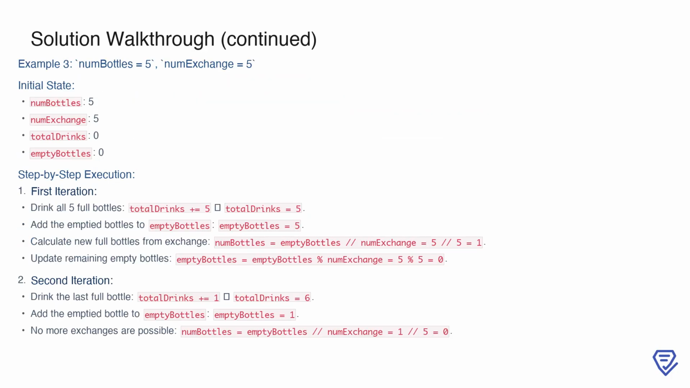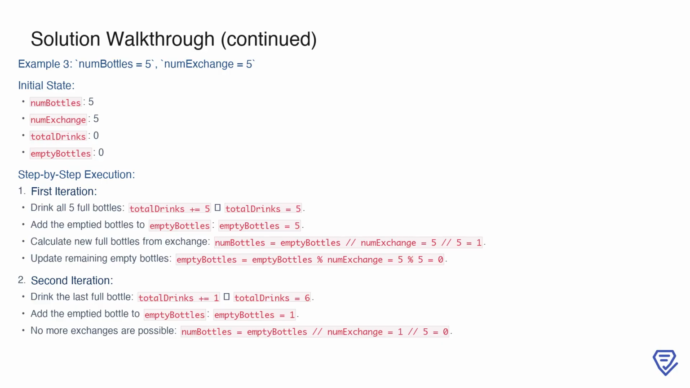Now let's move to the third example, where we start with 5 bottles and an exchange rate of 5. Initially, there are 5 full bottles, no empty bottles, and the total drinks consumed is 0. In the first iteration, we drink all 5 bottles, so the total drinks become 5. These 5 empty bottles are used for exchange. Since the exchange rate is 5, we can trade them for 1 new full bottle, leaving no empty bottles remaining